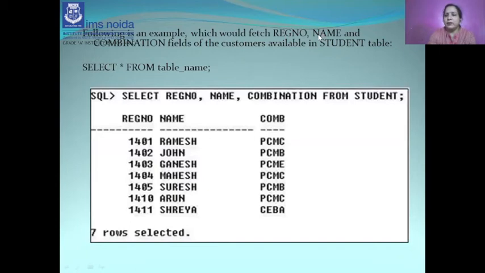Now we want to display all the values of the student table, with the registration number, name and combination of subjects. The registration number is the primary key. It means all the values in the registration number must be unique. Then the corresponding names and the combination. And here 7 rows are selected.